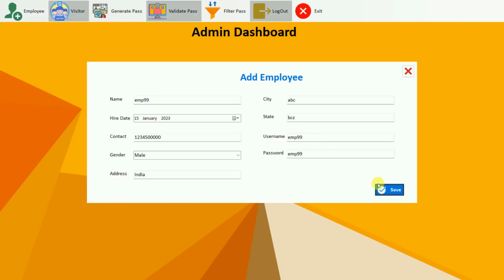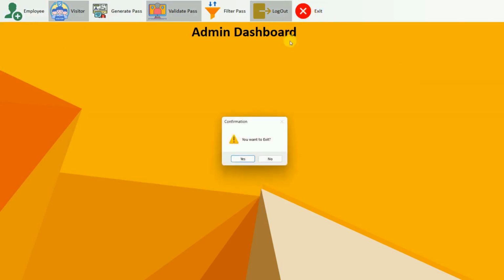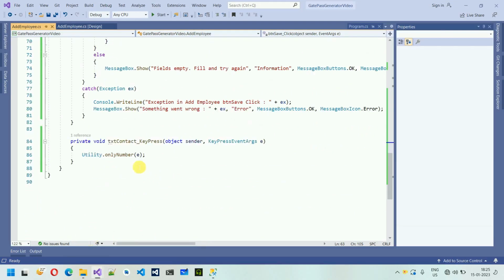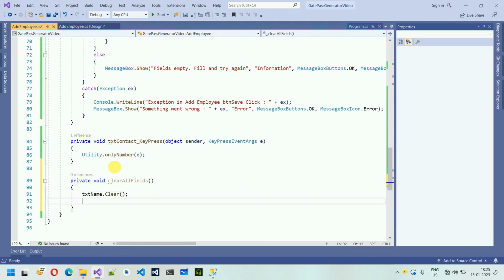Next thing what we have to do is whenever we click on save, I want to clear all these fields. So how to do that? So let me close this application and move back over here, and here what I'm going to do is write one method. So that will be private void clearAllFields, like this one, and we are going to clear all the text fields. So first I'm going to clear the name, so dot clear like this one, txtHireDate, and this is a date time picker, so I'm going to reset it,